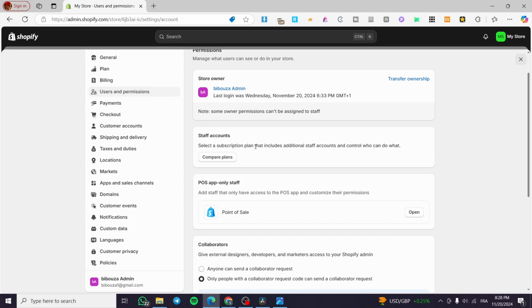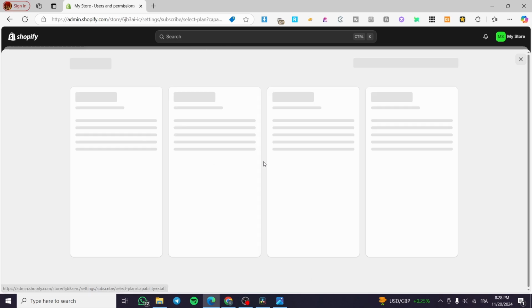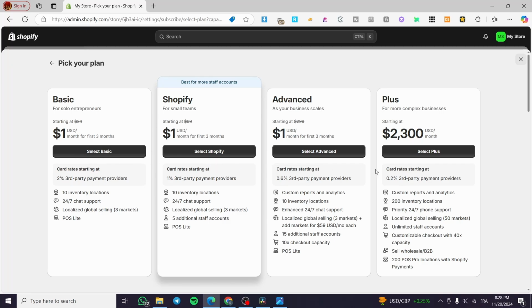Here, I am not subscribed to a plan of Shopify. So in your case, you need a plan subscription for the Shopify store. If you see this message to compare the plans, you're going to click on it, and from here, you're going to choose the plan that will suit you. For the first 3 months, you're going to pay only $1 per month, so it totals $3 for